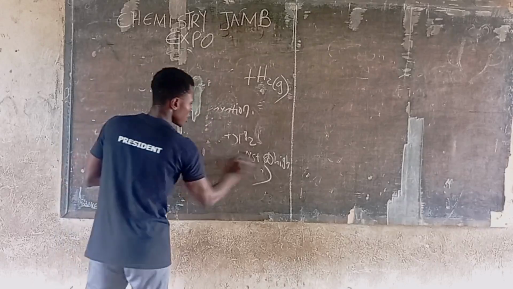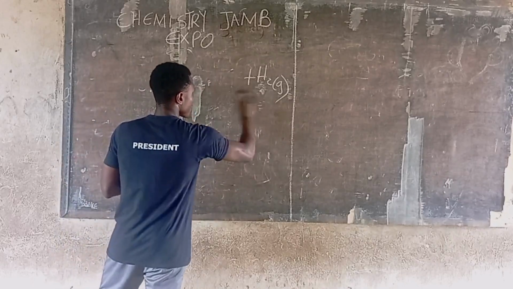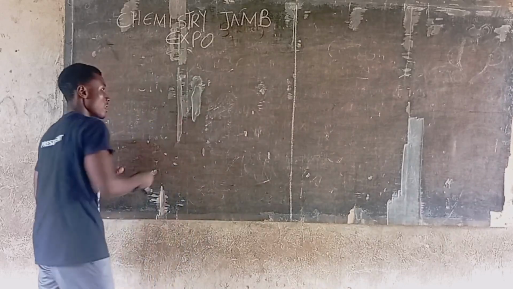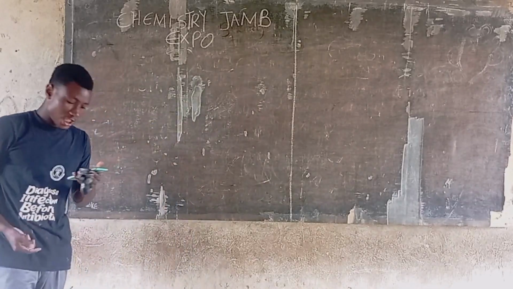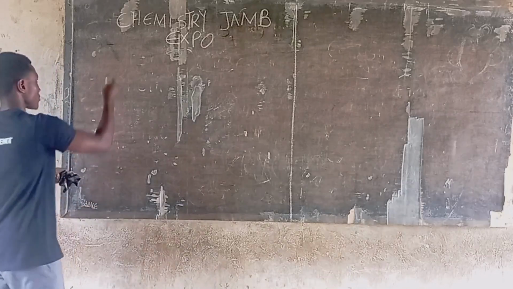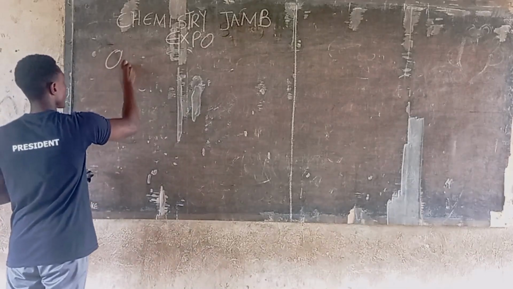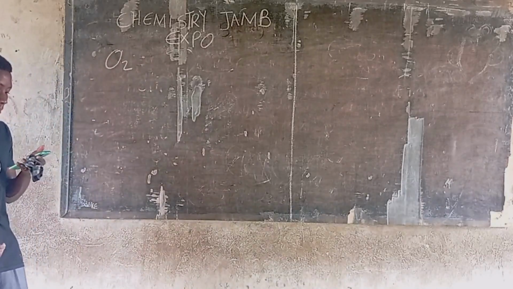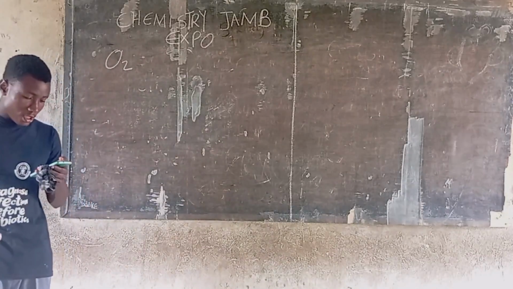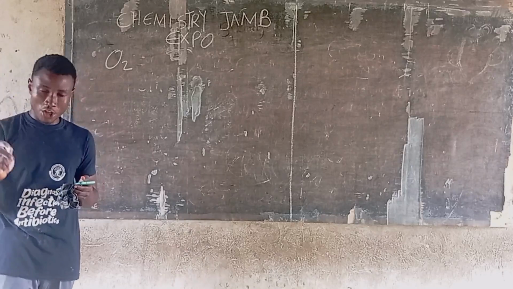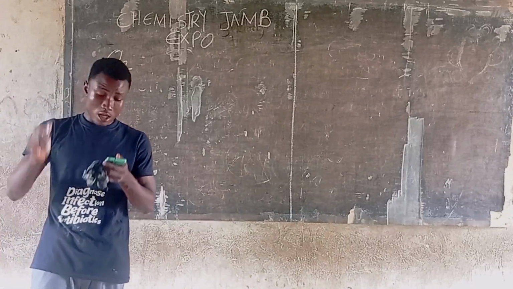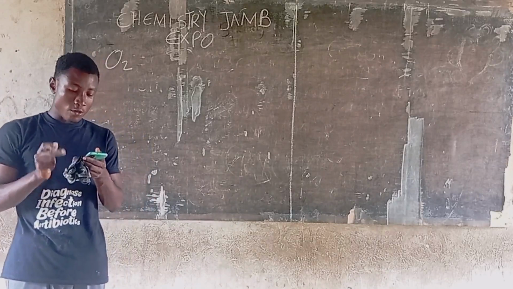So let's talk about the next one, which is oxygen. How is oxygen prepared? First in the laboratory and secondly in the industry. So for oxygen, which is O2, for the laboratory preparation of oxygen, we have the decomposition of hydrogen peroxide